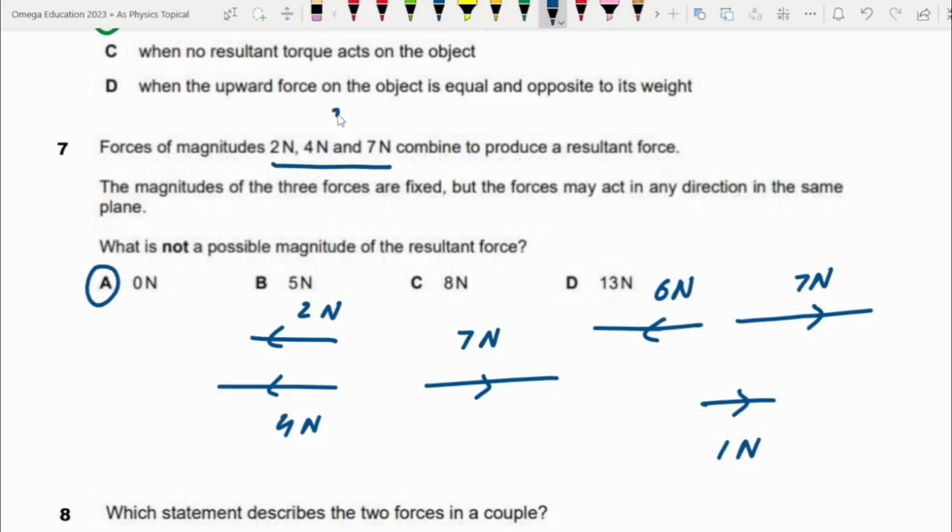Think about it. If one of the forces were 3 Newton, the second one 4 Newton, the third one 7 Newton, in that case, we could have a force of 0 magnitude as well, because we can put 7 Newton on this side, and then we can put 3 Newton and 4 Newton on the back side, and then we can join these two. Because these two are in opposite direction, these two would be subtracted. So 7 towards the right side, 7 on the left side, the answer would be 0. But we don't have any force of these magnitudes, so for this one,